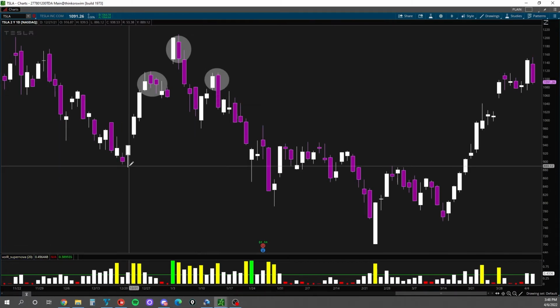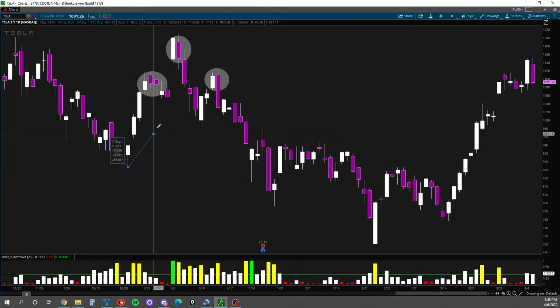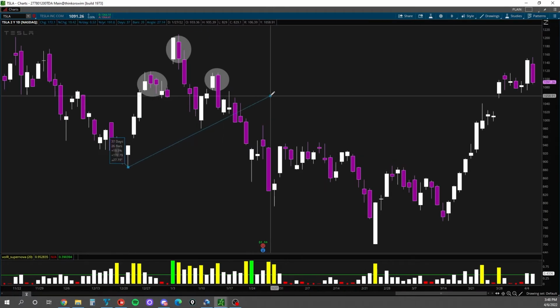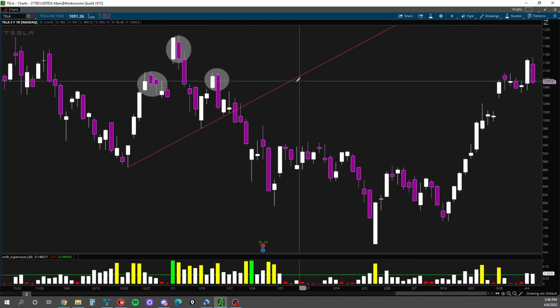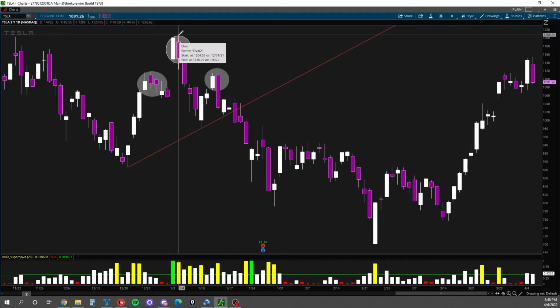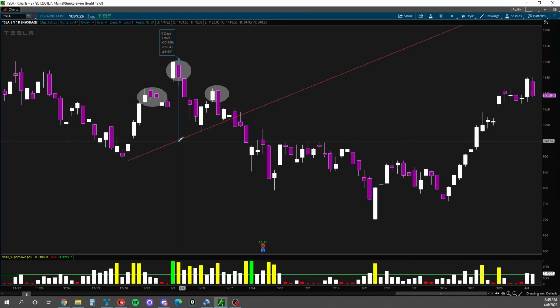So what we have to do in order to get a projection for this is connect the left shoulder and the head, and you can just extend to the right. So this is our neckline, and now what we can do is measure from the high to the neckline. The number right here is 27%, so we have 27% moving down, and 27% moving down is right about here. So this ideally would be the target of your downside move, and this one played almost